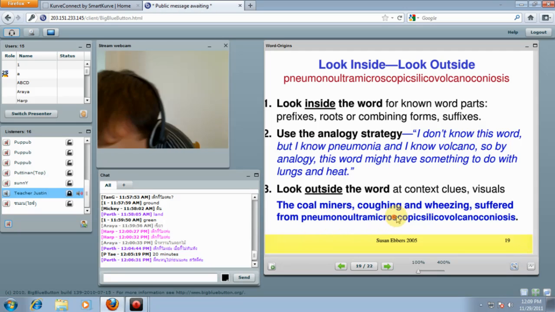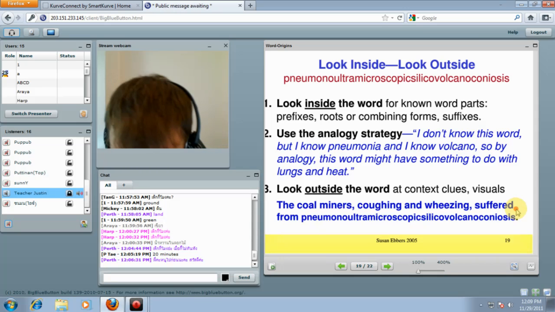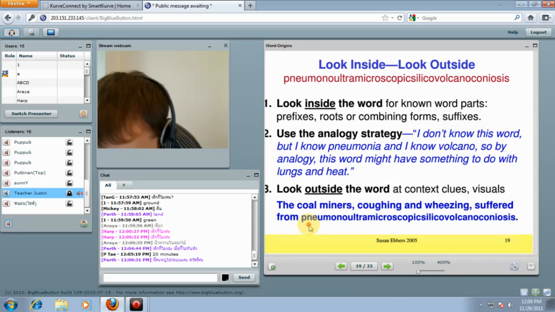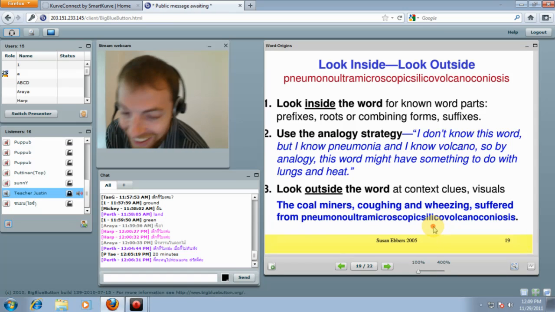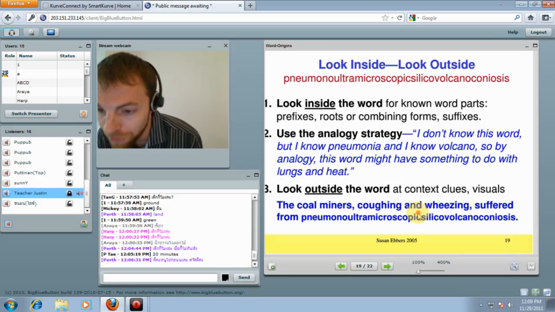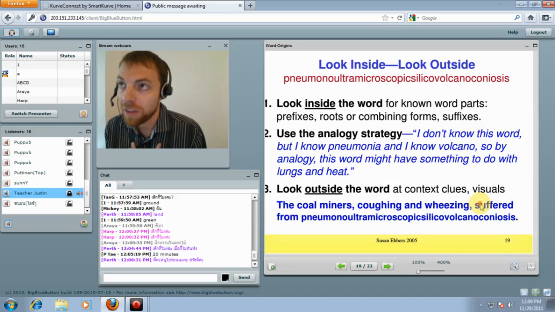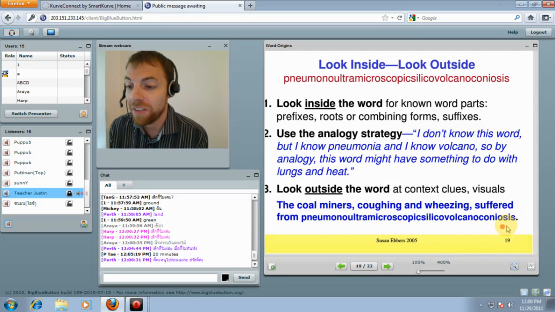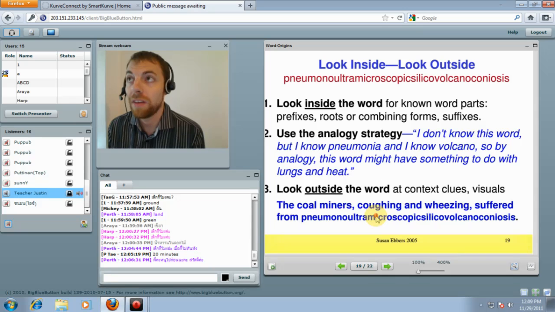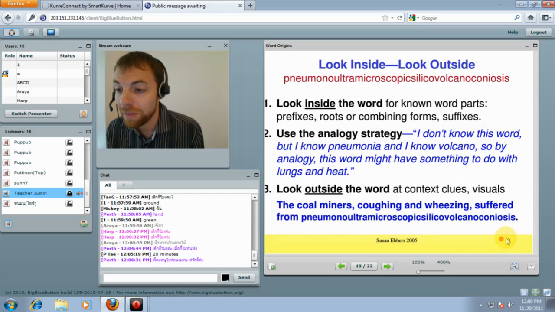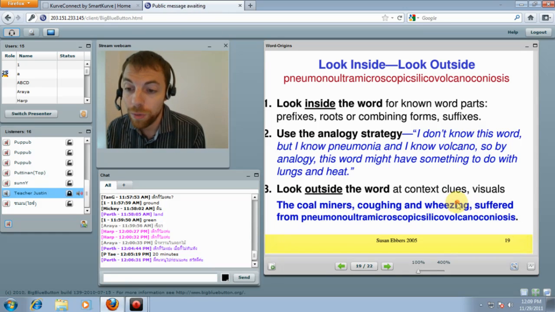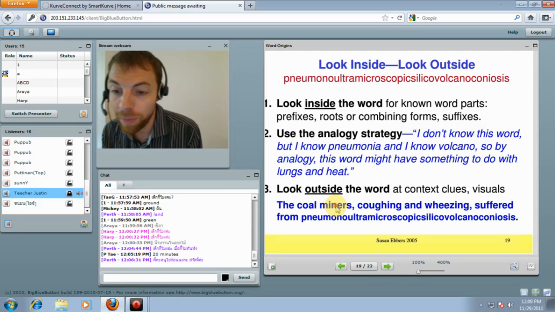So here, the coal miners coughing and wheezing suffered from this long word. And wow, maybe that's something about, you see coal miners, they're coughing, they're wheezing, they're suffering. So you know this is a disease that is about breathing. So this very long word, if you can use just clues from the sentence, go, okay, these people, coal miners, are working under the ground, very hard, very dirty job, and they're coughing,